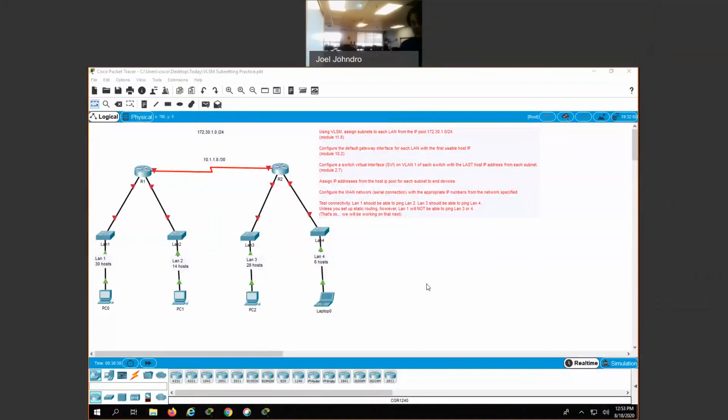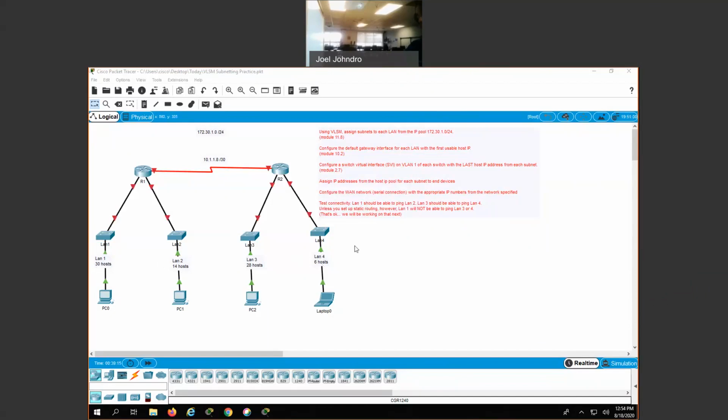Okay, so I wanted to talk a little bit about subnetting. We created a packet tracer with some basic instructions, and what we wanted to do is look at the networks on this packet tracer and, using VLSM, or variable length subnet masking, assign network ranges for each of these subnets. We have LAN 1 with 30 hosts, LAN 2 with 14 hosts, LAN 3 with 28 hosts, and LAN 4